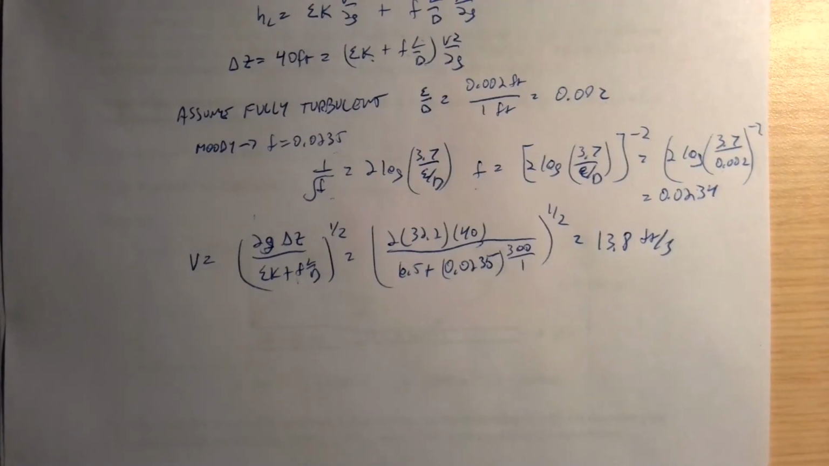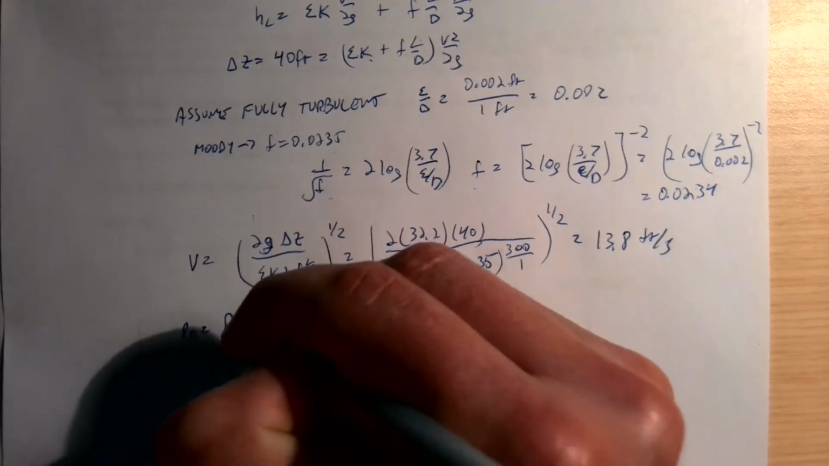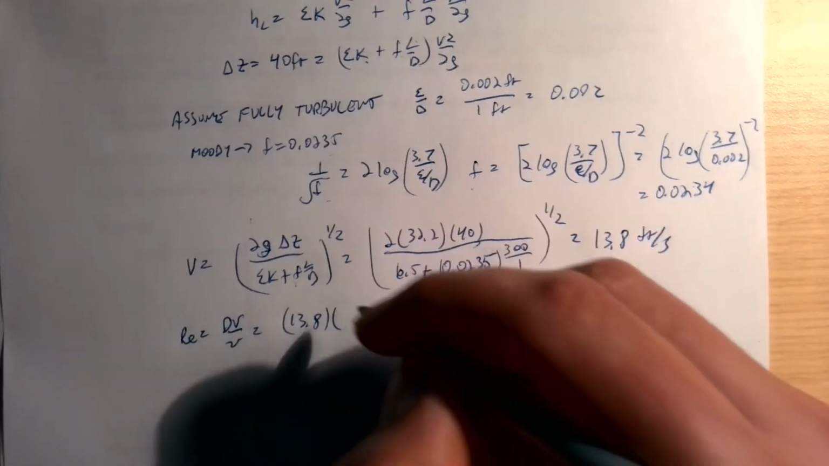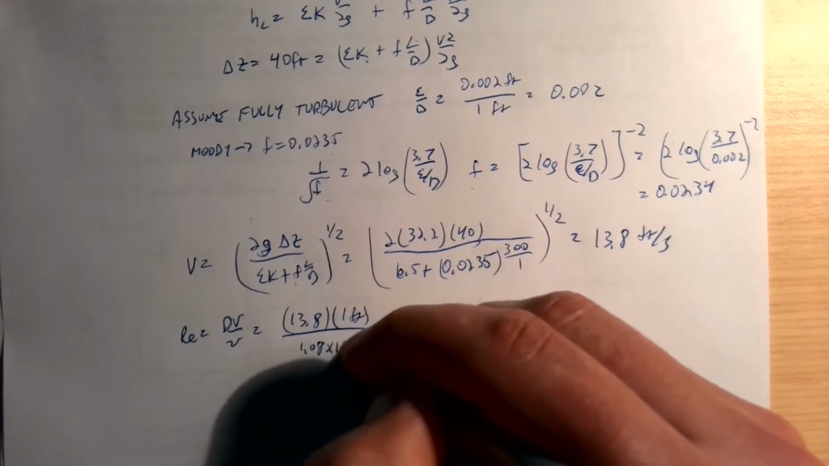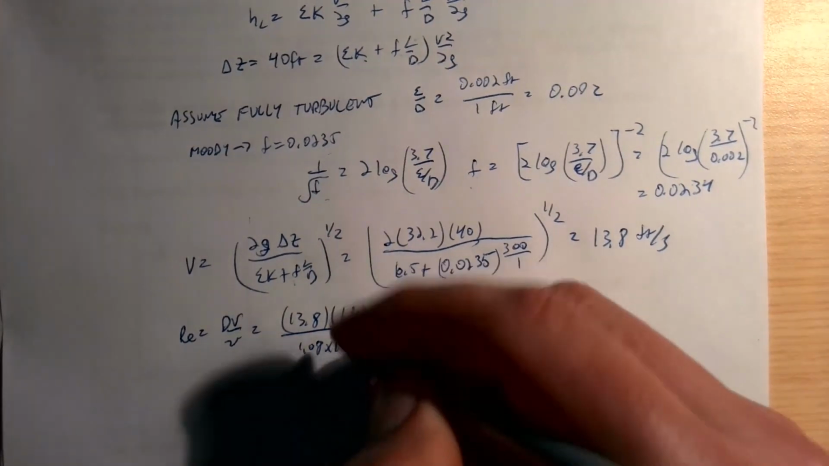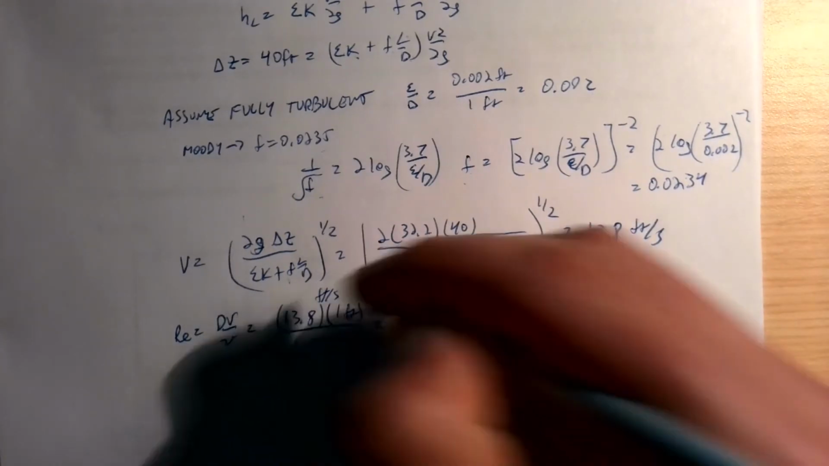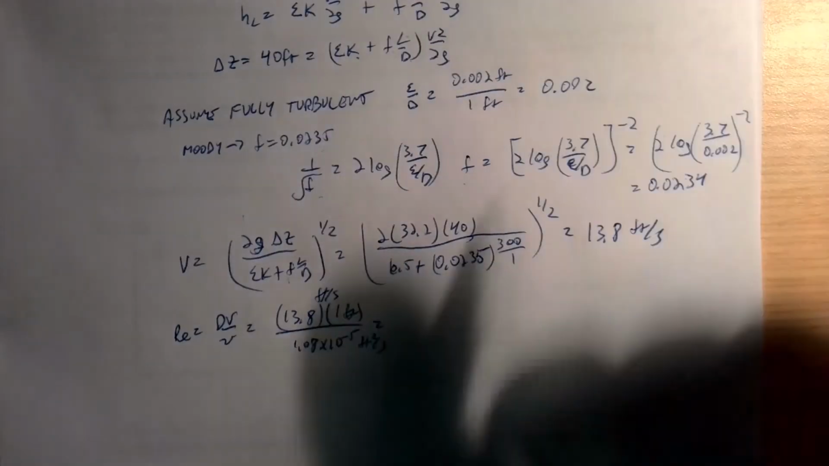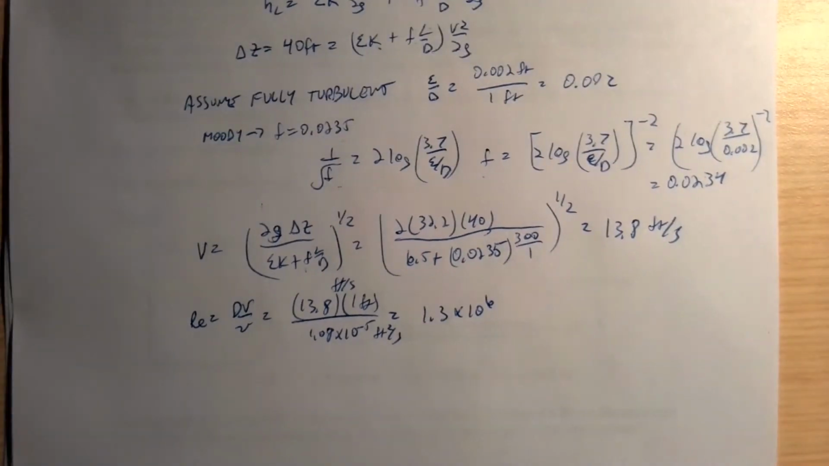Okay, so now we can get a Reynolds number. Reynolds number is dV over nu. So 13.8 times 1 foot over 1.08 times 10 to the minus fifth, feet per second. Those all cancel out, and Reynolds number is 1.3 times 10 to the sixth. That's what I got. So we would then need to check that it is fully turbulent,